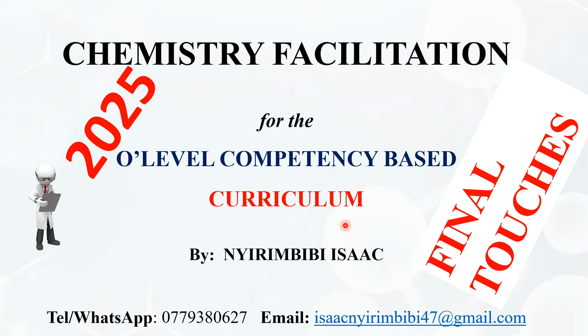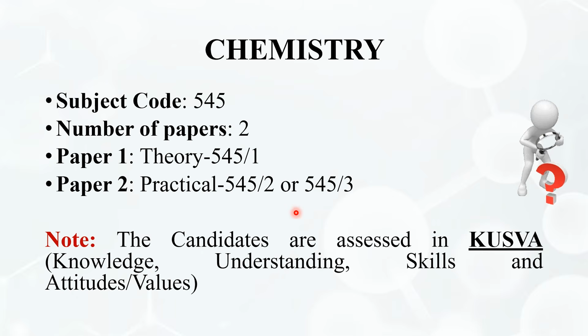Okay, let's dive into our chemistry, paper 1. So chemistry has a code of 545 and has two papers. That is paper 1, which is theory, with a code of 545/1. And we have also paper 2, which is the practical assessment, which is